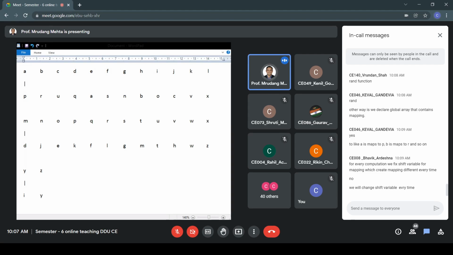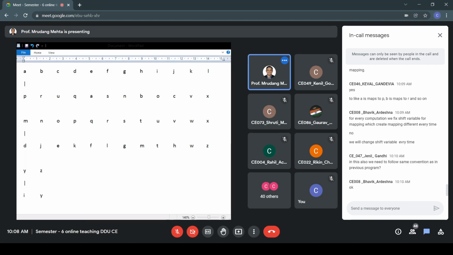If you use shift, it is the key. Yes, same encryption and decryption, same convention.